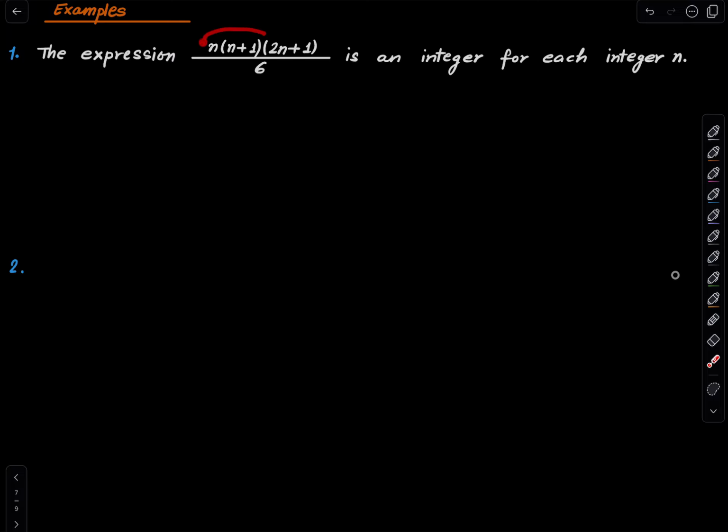We are just trying to prove that this number is divisible by 6. That's exactly what it means to say that this is an integer. We want to prove that this is divisible by 6. And the division with remainder theorem says that something is divisible by 6. So let's say capital N. Capital N is divisible by 6 if and only if the remainder, let me write a q here, 6q plus